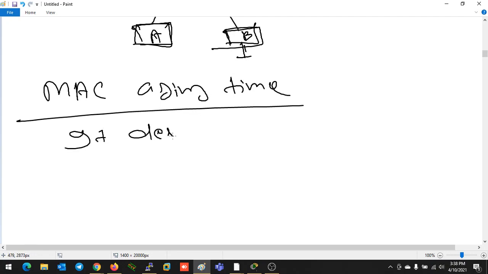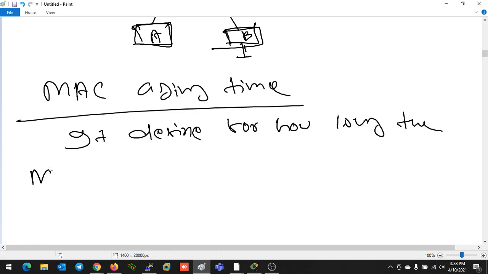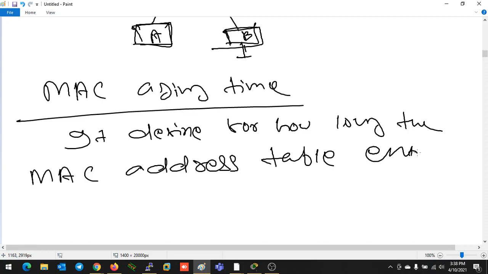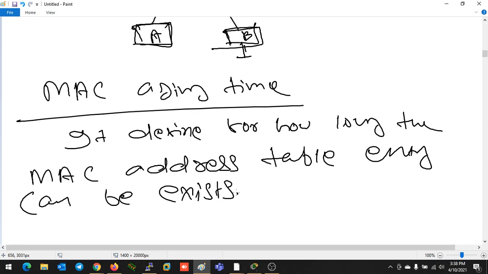It defines for how long the MAC address table entry can exist. That's why this time is known as MAC aging time.